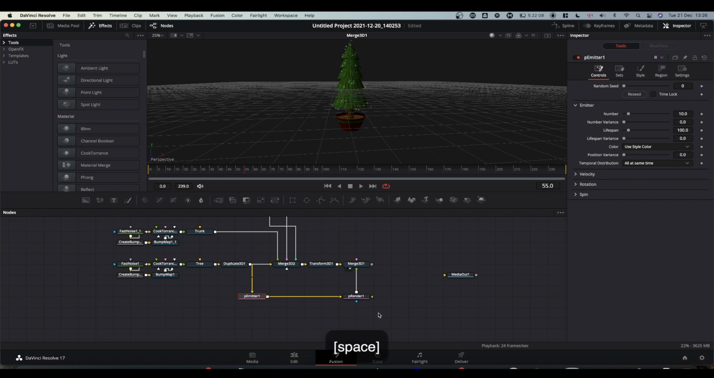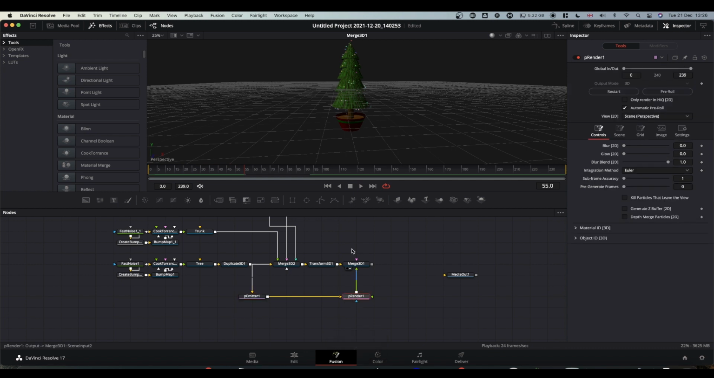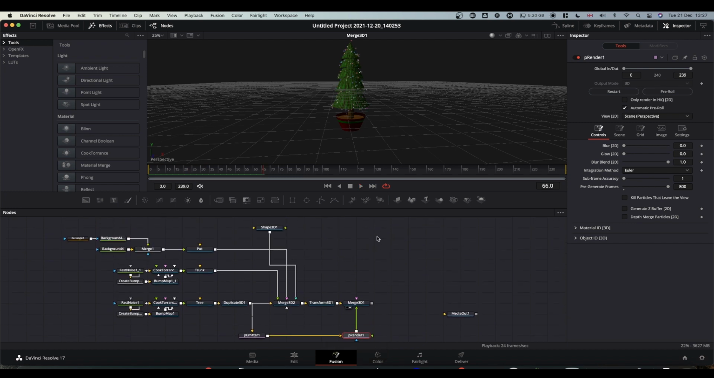What you can also do if you come to P-render is you can go to frame 0, and if you look in the inspector, you've got pre-generated frames. If you make that about 80, your tree will start off with lights on it. Okay, so far so good. Now,